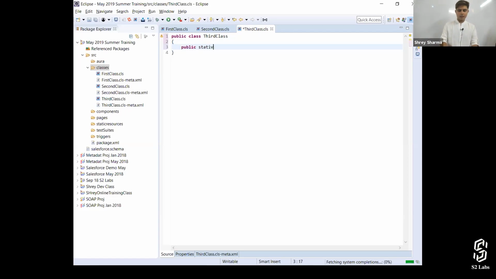Public static void my method. I mean, it's not compulsory, by the way. I'm again and again telling it to you. It's not compulsory that you name it as main or my method. You can name it anything, because half of the course is done. I've seen some situations in which half of the course is done, and even then, students are saying to me that, sir, it should be my method. It is not like that. It's just about what is the name that you're putting in here and how you call it in the execute anonymous window. That's all. System.debug.